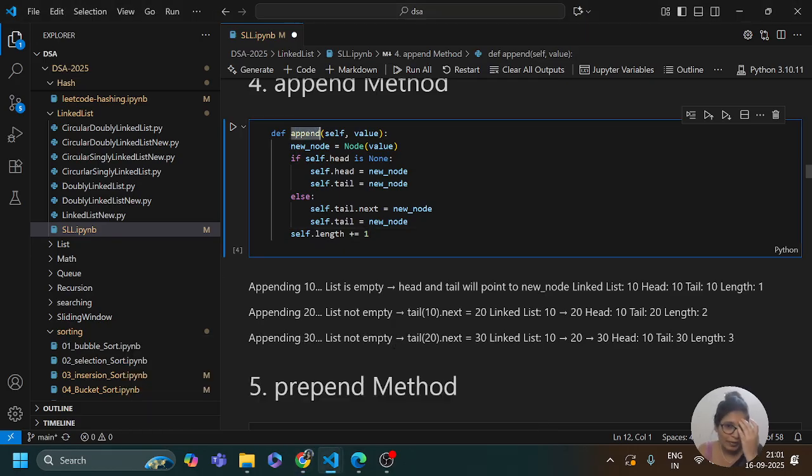So here this is the append method. We are going to pass self and value. So new node equals to Node. This is a node class of the linked list. Okay, if self dot head is None, so self dot head equals to new node. Okay, because we are going to